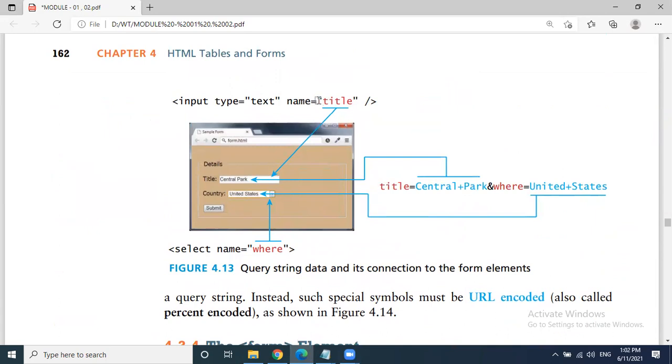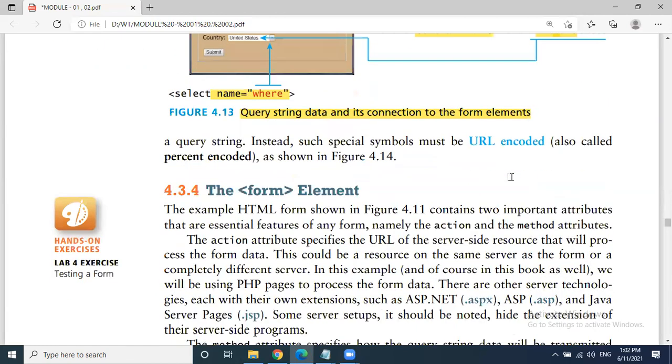see name title, and if you enter central bank, the central bank will be assigned to title. After that I am using an ampersand, and here I am using selection name equal to where, whatever the value I am entering, US will be assigned to the where. So this way your standard query string का डाटा इसी फॉर्मेट में आपका सर्वर पे चले जाएगा. ओके,